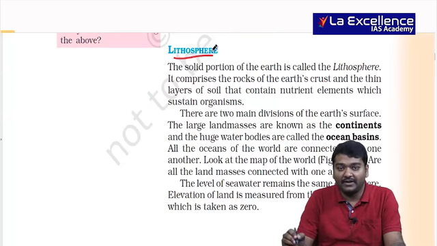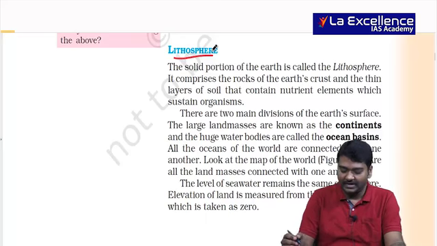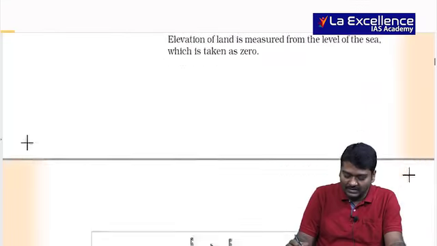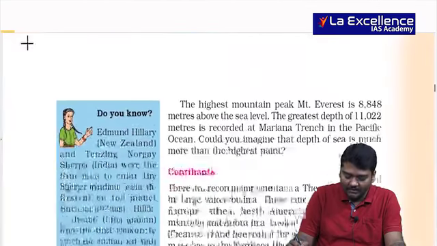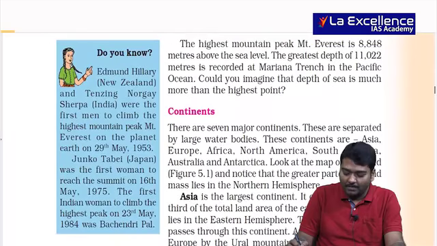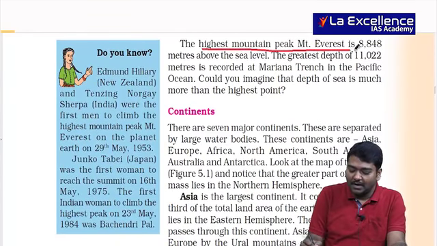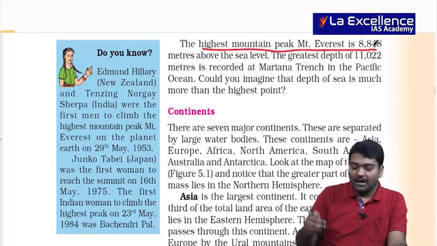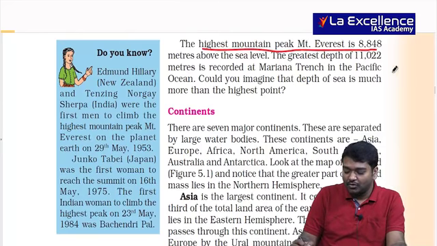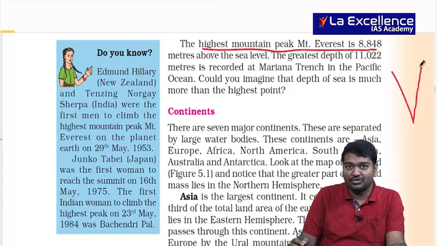Lithosphere is further divided into ocean and continent. Oceanic plate, continental plate, Sial, Sima, all this is already seen, correct? And when we talk about the highest mountain peak, it is Mount Everest. Within the Pacific Ocean, when we talk about the trenches, I have already shown you the subduction zone trench. The Mariana Trench in the Pacific Ocean is the deepest part of the world.